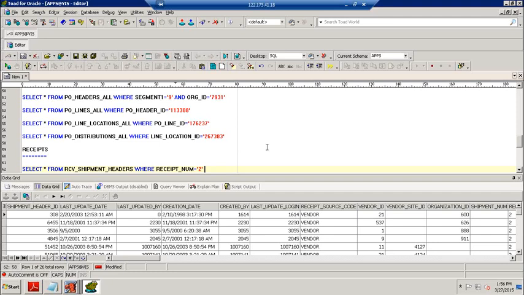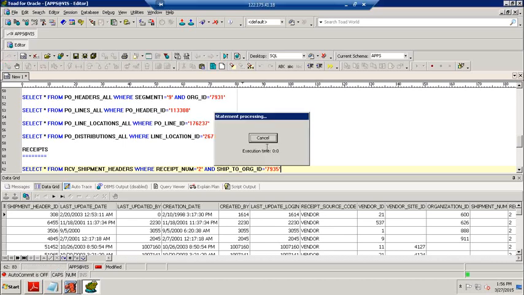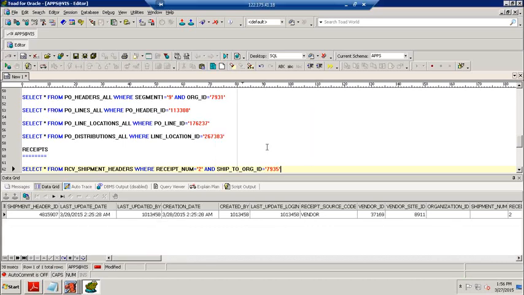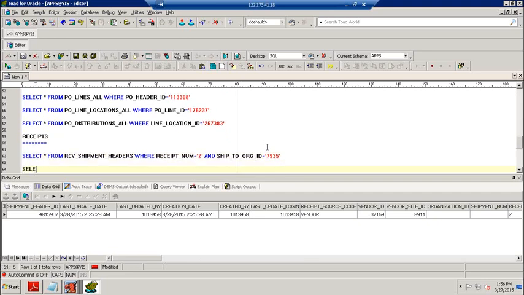Ship to org ID, right? And ship to org ID equal to our master organization ID. What is our master organization ID? 7935, exactly. Very good. Okay, this is the join.